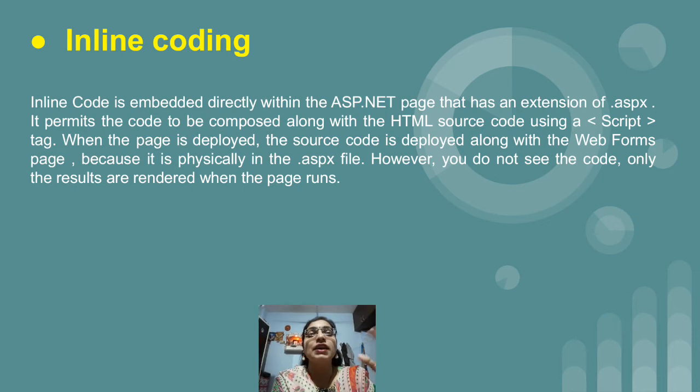All such events we can have in that script tag, and the body portion, that is the form tag which is present inside the body tag, can have the HTML controls like text box, check boxes, radio buttons, radio button list. We can take all the controls which are present inside the toolbox. But in case of inline coding, the actual coding which we want to perform on the button1_click event, we will write on the same page only. So this is called inline coding. From the example it will be clear to you.